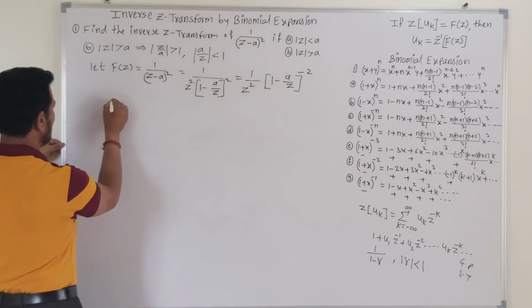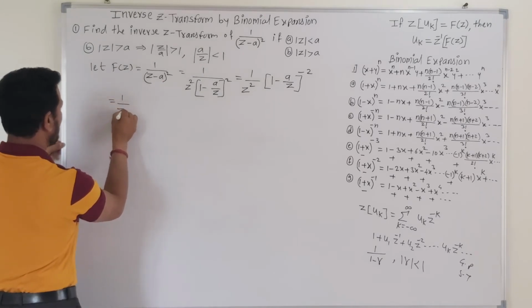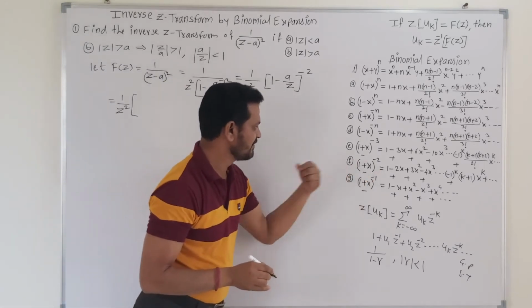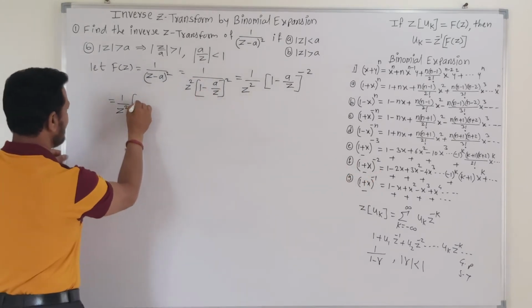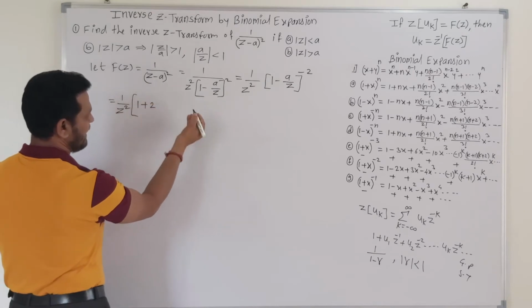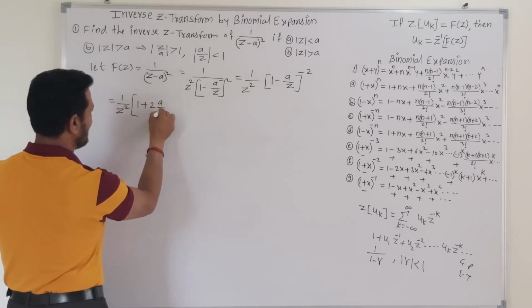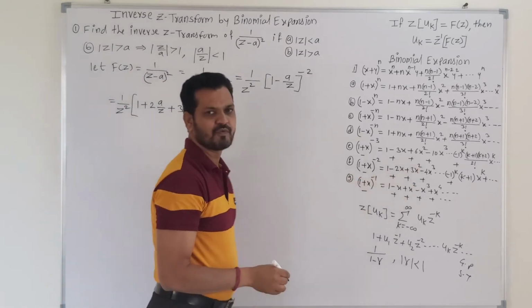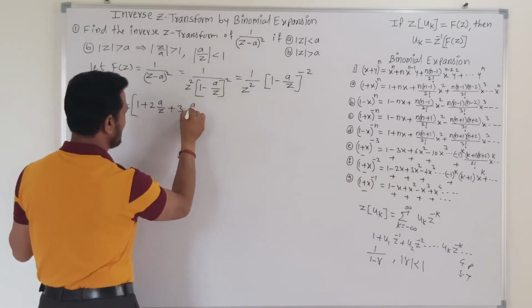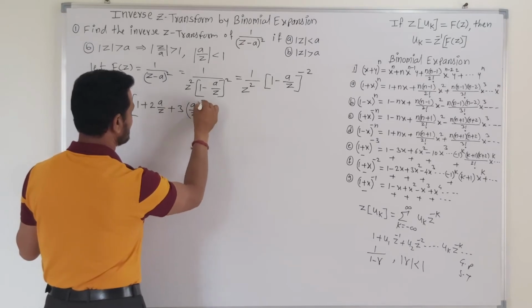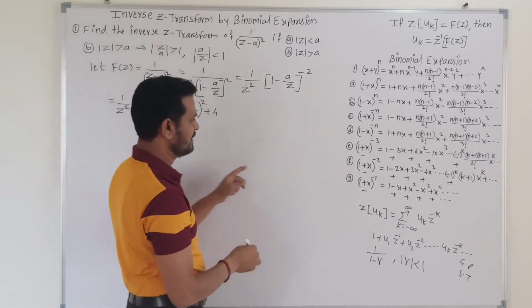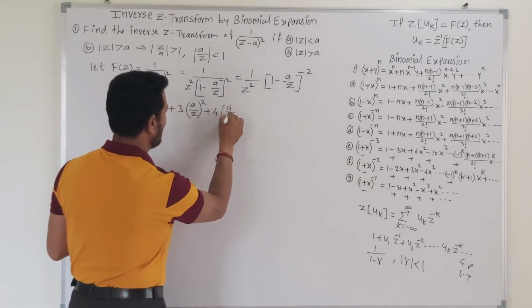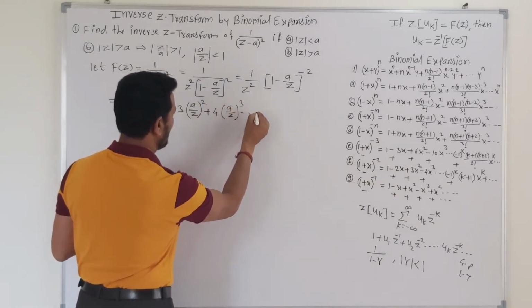So here we can write this as 1 upon z square as it is. So if we expand with the help of this formula number f, then we get this as 1 plus 2 times x, value of x is a by z, plus next term is 3 times x square. So x square means this is a by z its square, plus next value is 4x cube. So we can write this as a upon z its cube and so on.